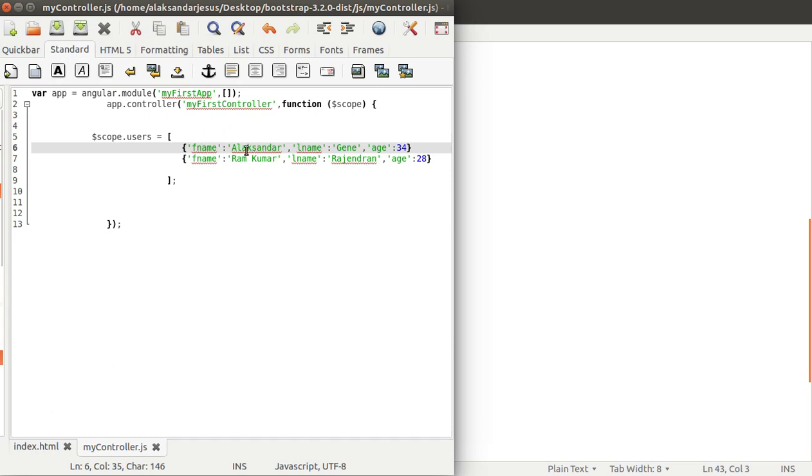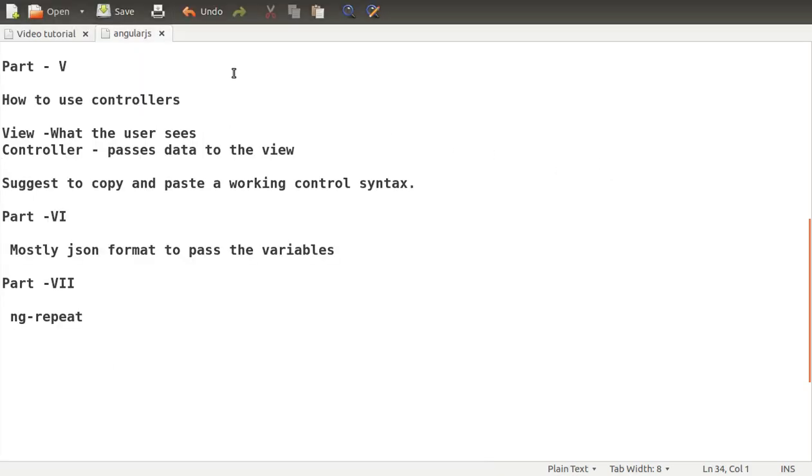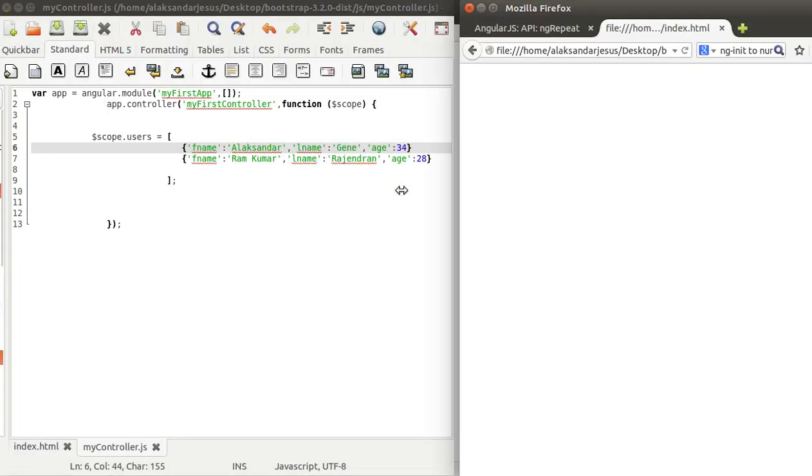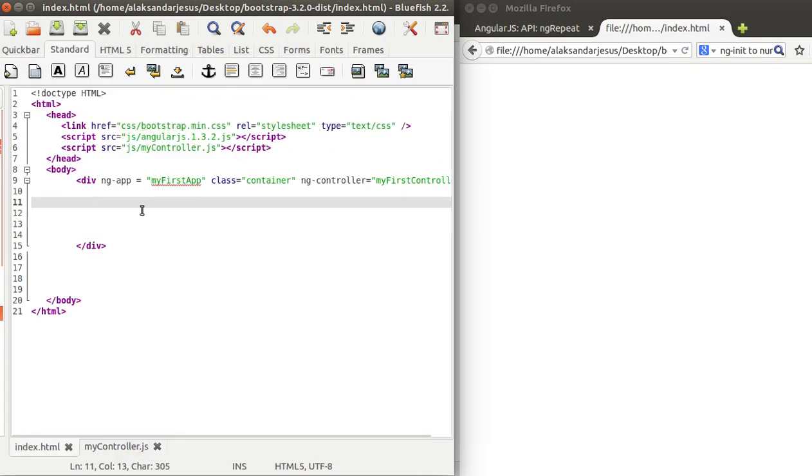So if we want the value of Alexander, sorry, let me open my thing. If I want the value of Alexander, I just type users[0].fname.